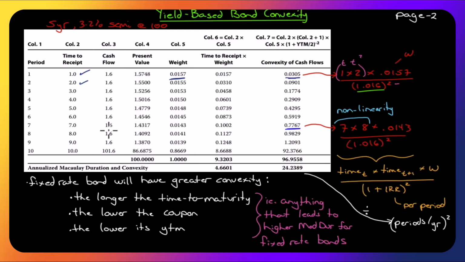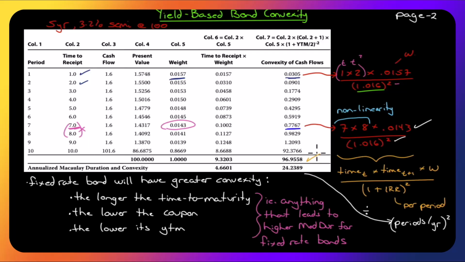We will find what time period that is. That is cash flow 7. We'll multiply 7 times 8 to get time squared and multiplied by the weight. There is our numerator. And our denominator is 1 plus the cash flow yield, which is 1.6% squared. It's always 1 plus the cash flow yield squared, no matter what time to receipt it is. We're not done. You have to add it all up, and you will get